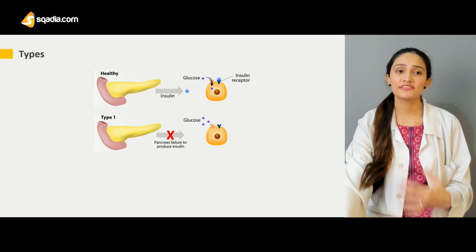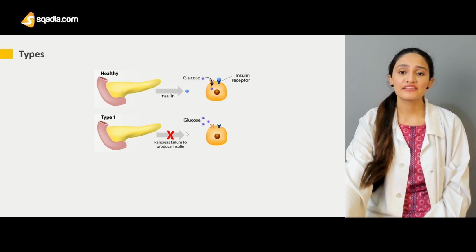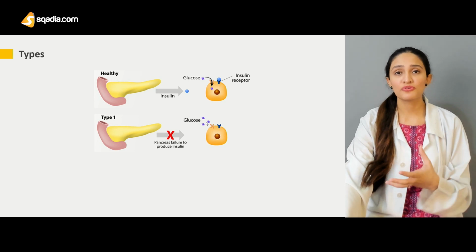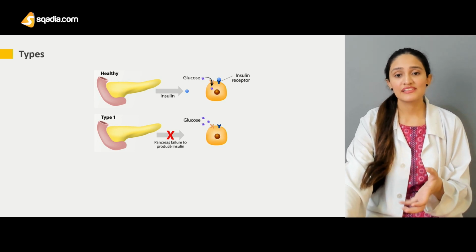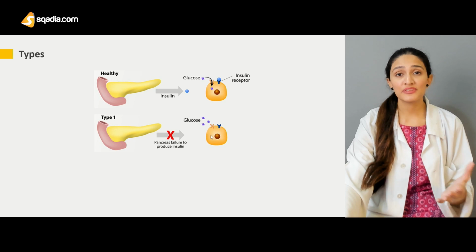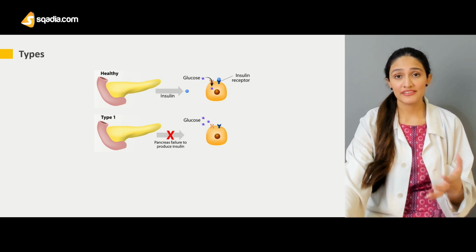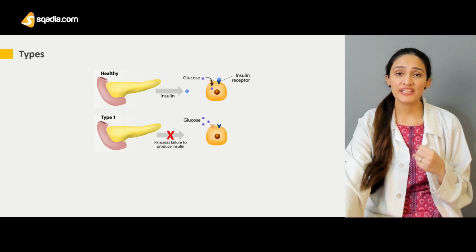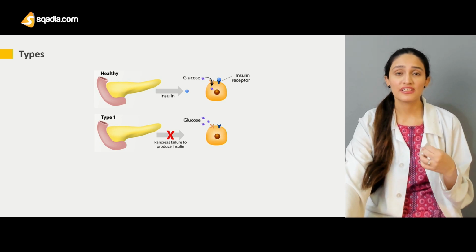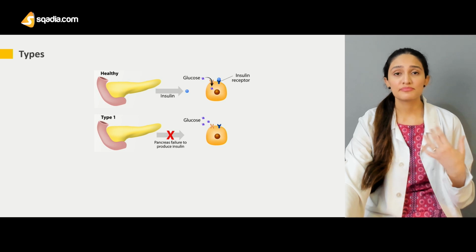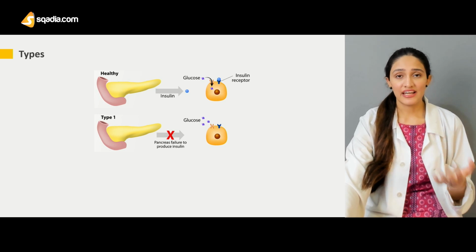The beta cells fail to produce insulin, and thus there is more glucose that reaches the cells, and ultimately there is no insulin attached to the insulin receptors. So that is the reason why there is more uptake and absorption of glucose, and the person ultimately has